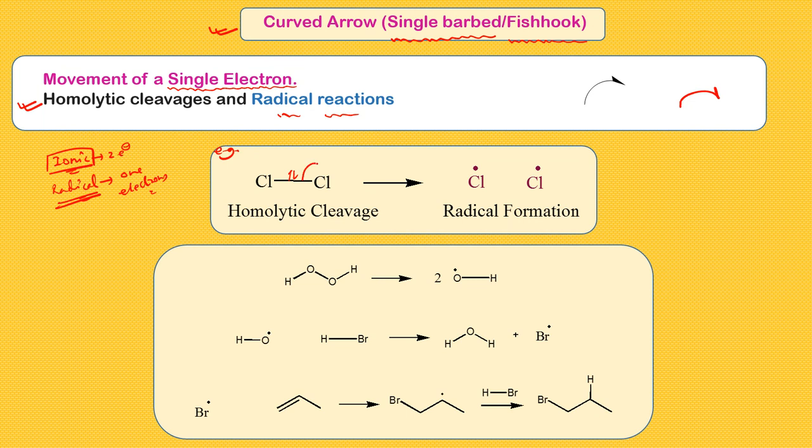If we are showing the homolytic cleavage, then we need to show this single barbed curved arrow indicating that both the electrons which are forming this bond are getting cleaved in a way. Both the chlorine atoms will get one electron each and form the radicals. So radical formation is shown with this arrow. How are we using this particular radical formation reaction, or the single barb curved arrow,